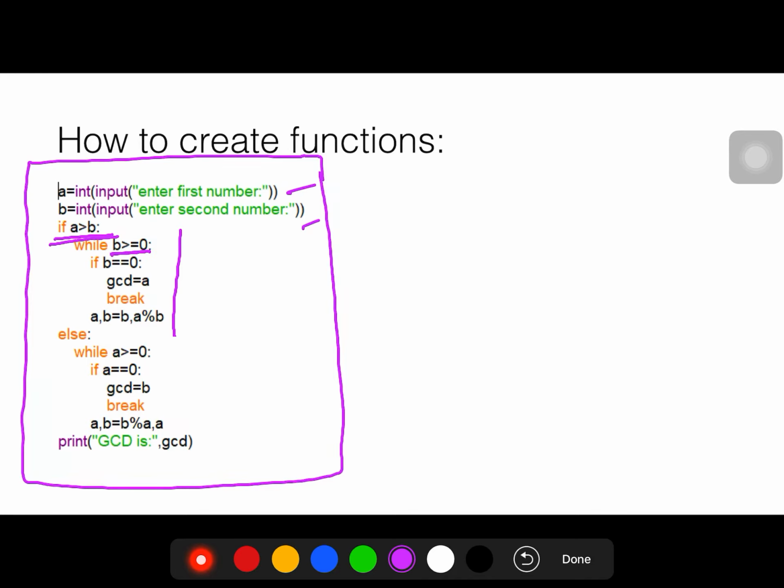This is the terminating condition for GCD.